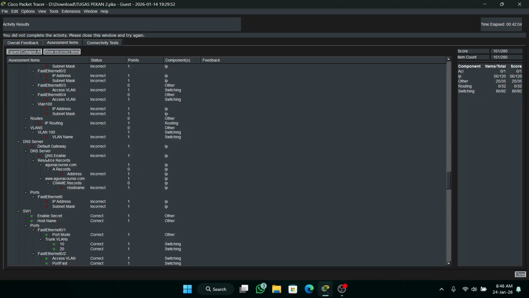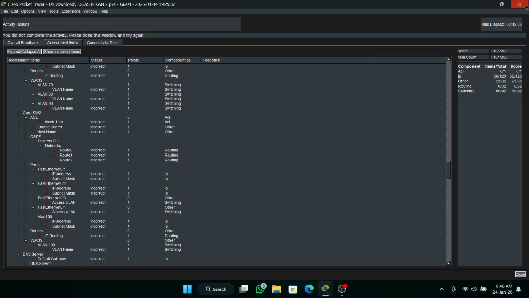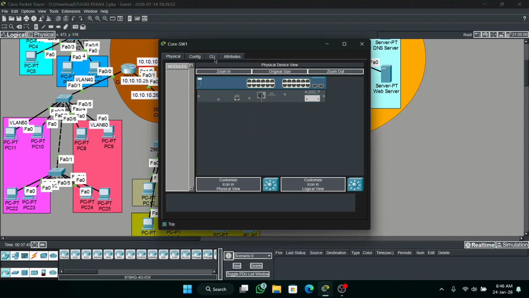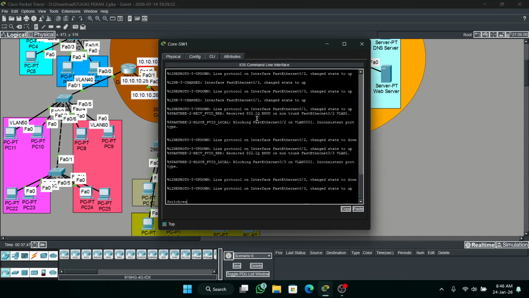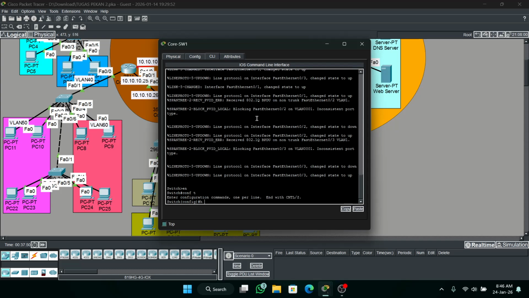Then the server. Okay, Core SW2 is like this now. So configure here is a little bit different. Hostname Core SW1.